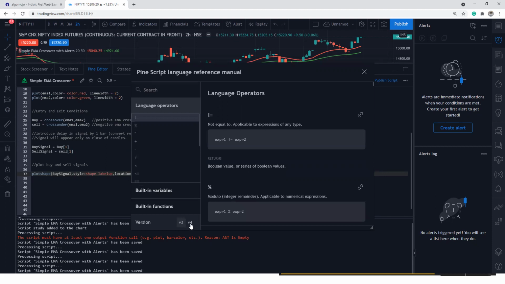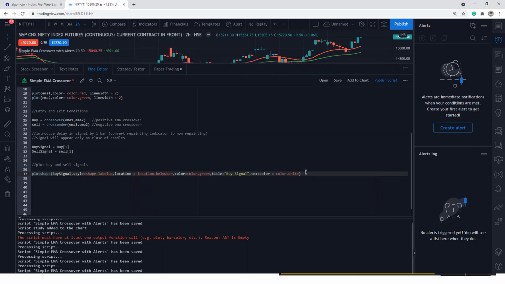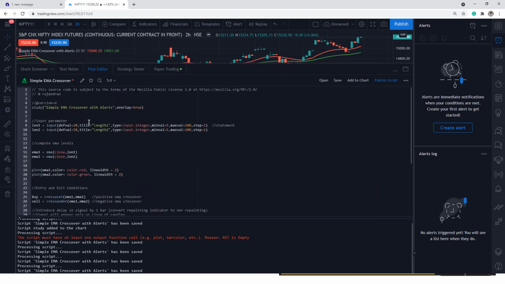Version 4, as I said, has more functionalities. The most recent version is version 4 here. You can code in version 3 also, but the latest version is more recommended. If you want to code in version 3, you have to say version equal to 3, and only then can you start using those functionalities.